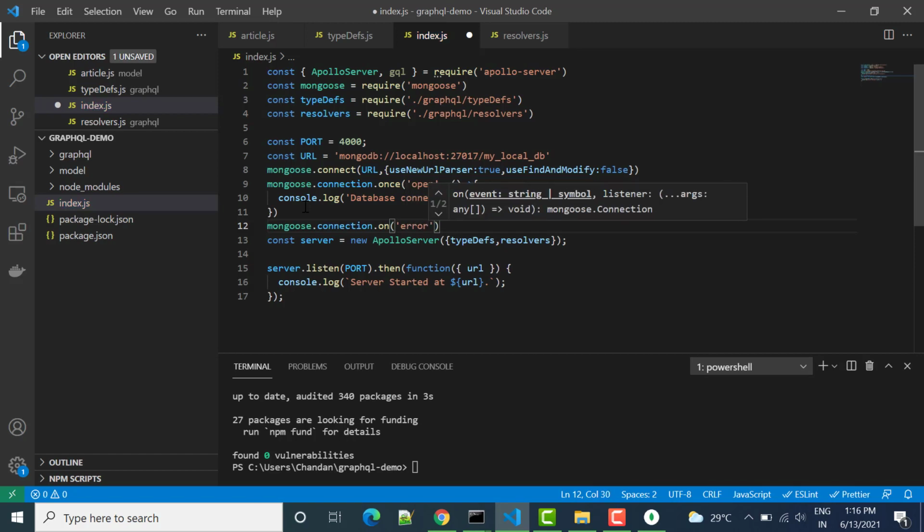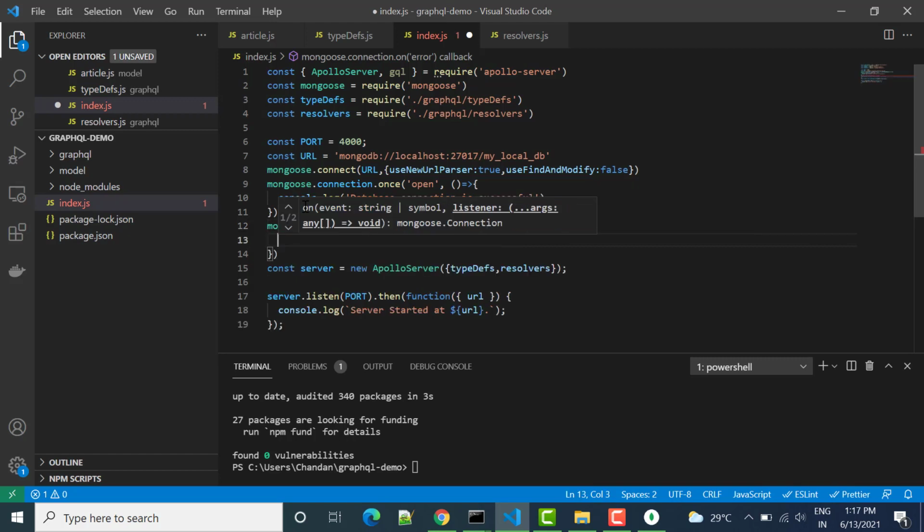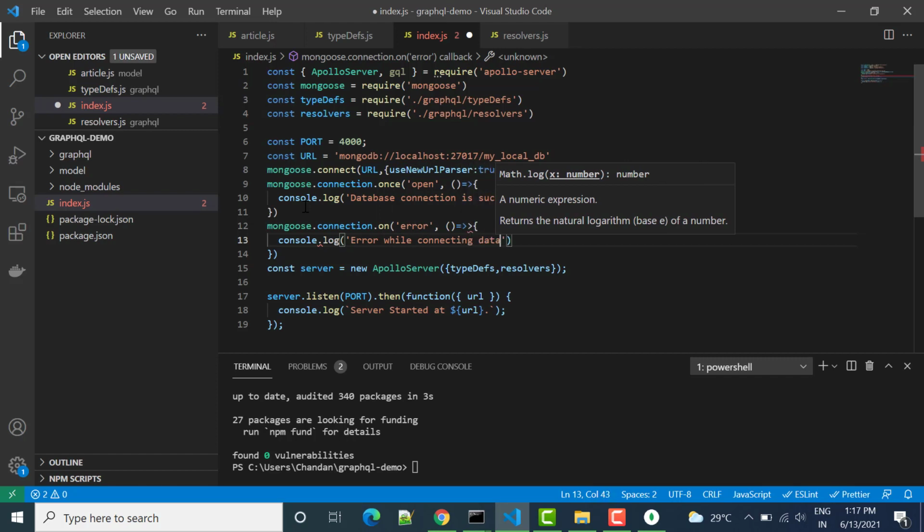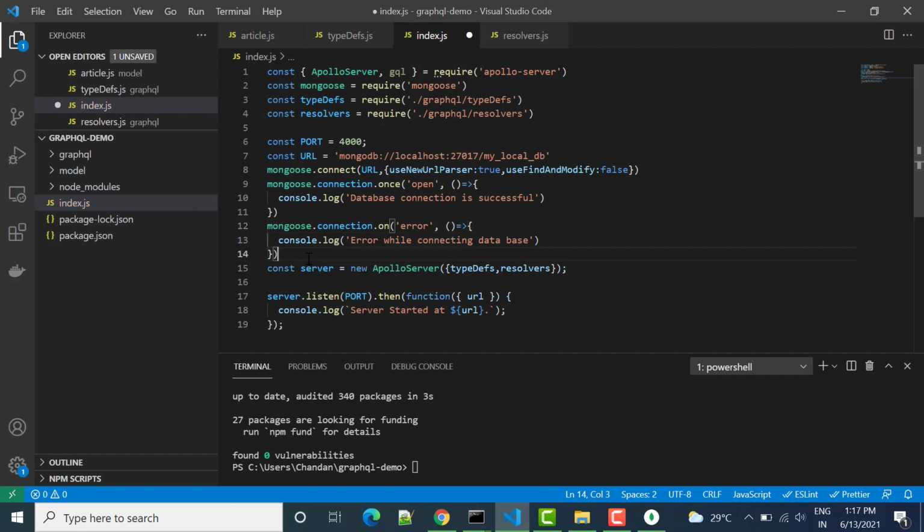In that case we can simply write some message, console.log, and then we can say error while connecting database. So something like this we can write here. So by adding these 4-5 lines, you will be able to connect to your database.